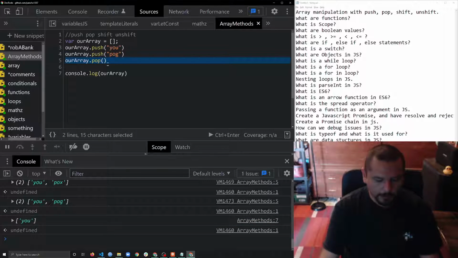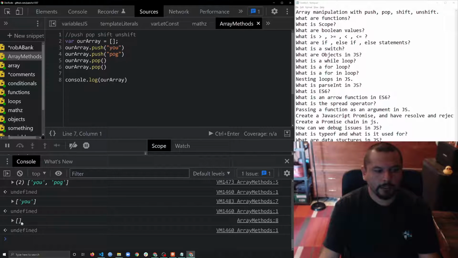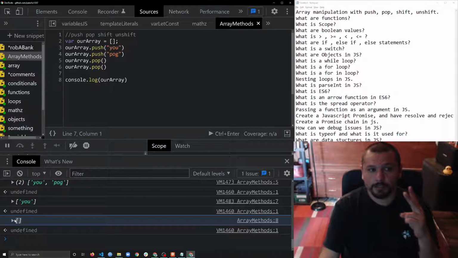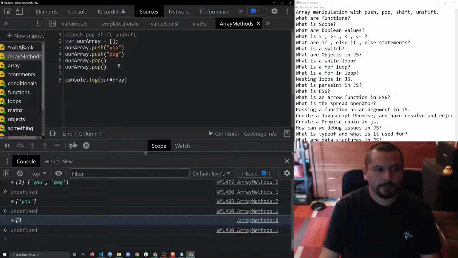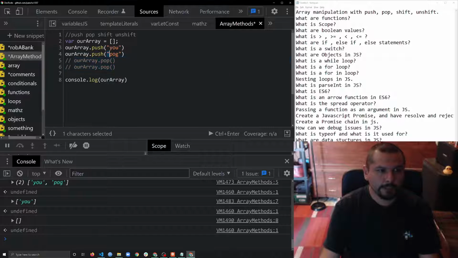So if we call it again, if we call it twice, it will be an empty array, right? And we can run it, and you can see that we popped two things out of the array, so we removed those things. Shift. So let's comment out this right here, and let's say here task, pug,